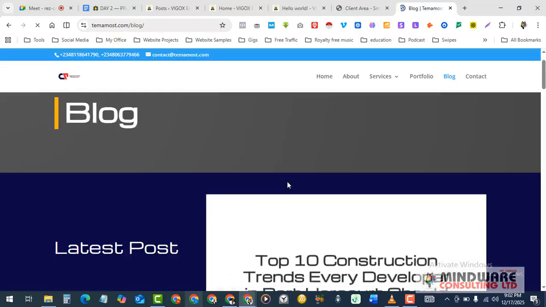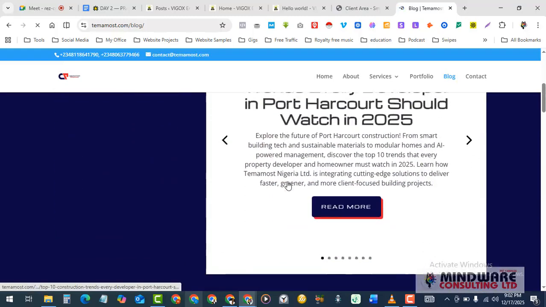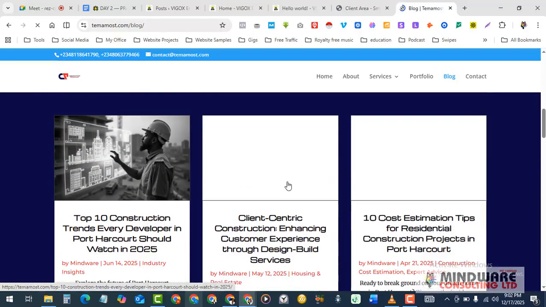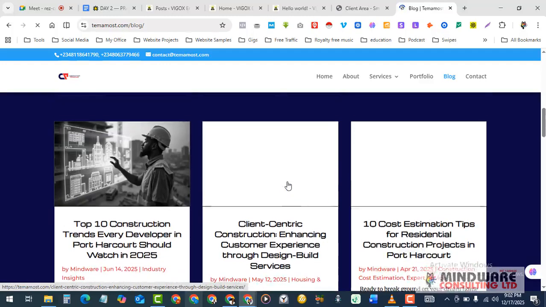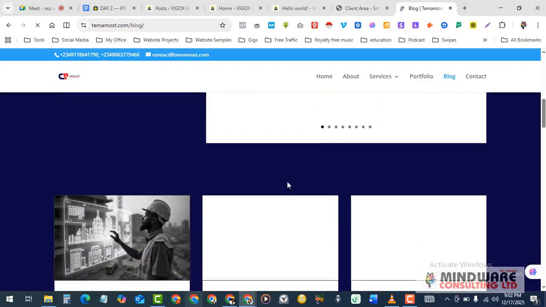For example, we are in the festive season now. People are looking for clothes. Harmattan is just around the corner. The heat is here, cold and all that. So people will be looking for what kind of clothes they need to wear, what kind of fabric they need to purchase. If it's a fashion website, those are the kind of things you should be talking about in your blog